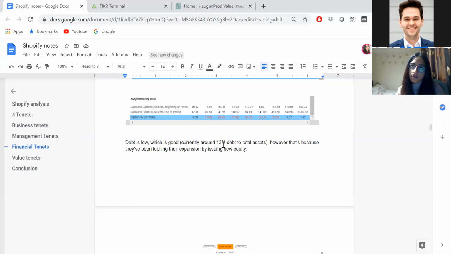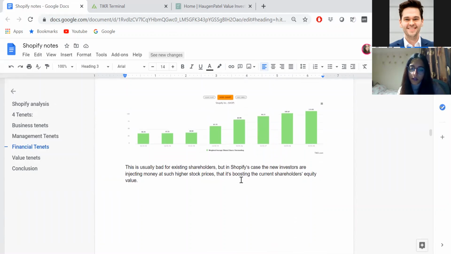Dilution is usually not good, but on the other hand, people are putting a lot of money into the company, and there's more equity in the company, and you own a share of that equity, so you get a share of the money that people are putting in at the moment. But further down the line, you have a smaller percentage of the company, so you get a smaller percentage of the future cash flows. But generally, I would say debt is low because they're issuing a lot of equity, and generally I don't like to see companies that issue too much equity, because you never know how much more equity they're going to issue in the future, and you don't know how much more you're going to be